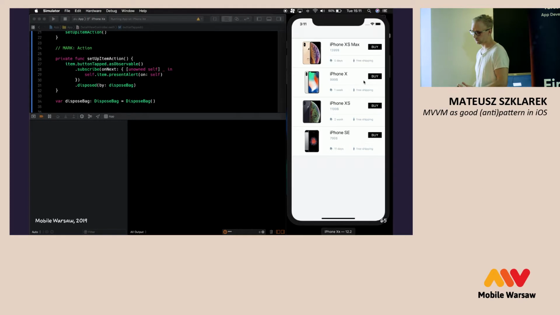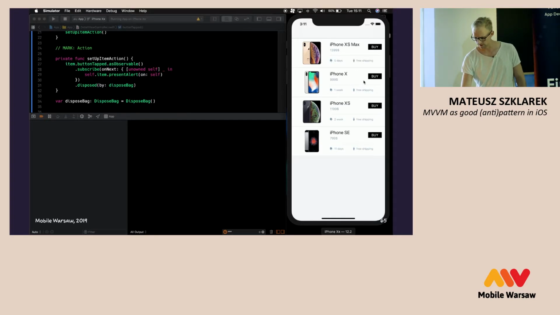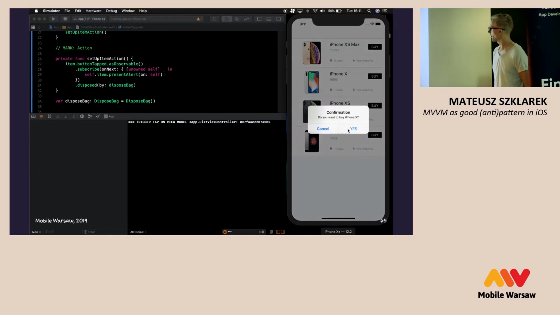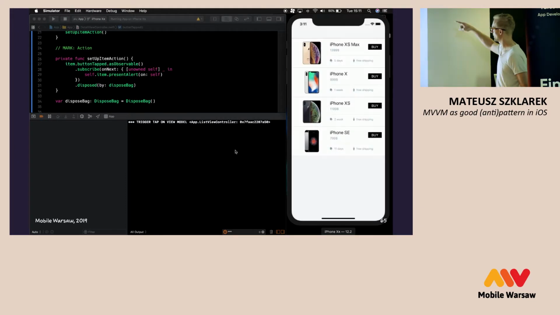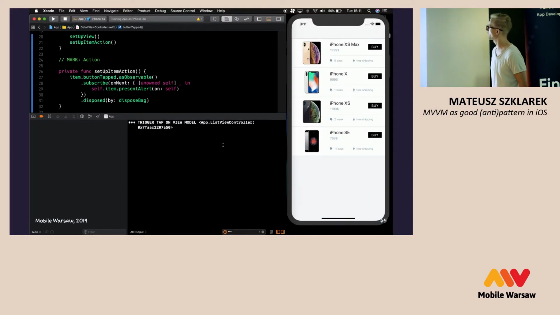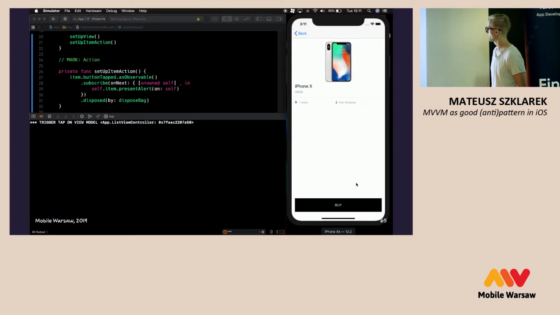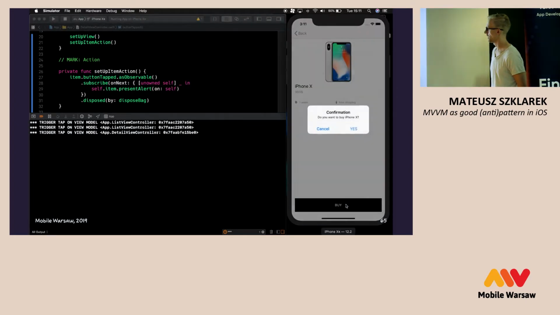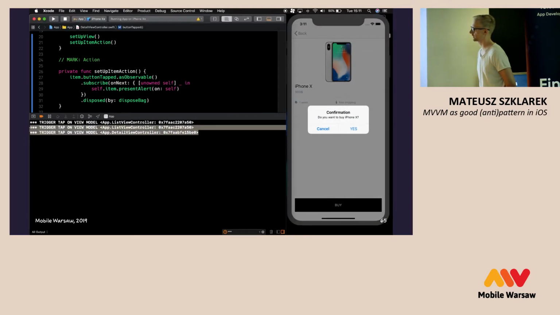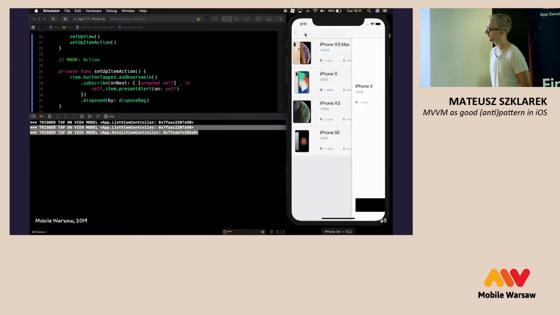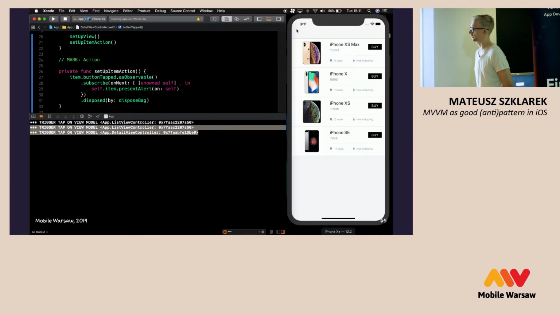In the second example, we use RxSwift. It does the same thing, but here we can see that first I tap on our list, then I go to the details, tap on buy, and we can see that we receive 2 events, first on our list view controller and second one on the details view.